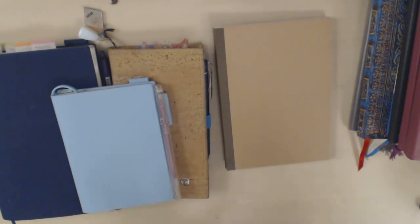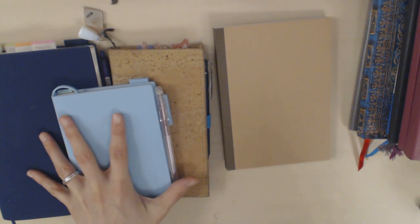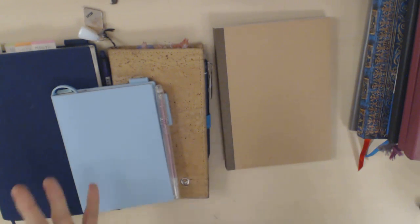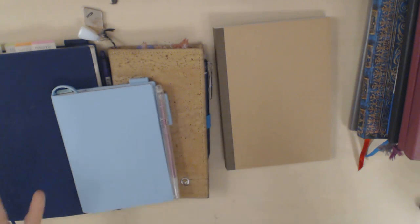And then you get this group, which is Hobonichi plus Muji. And I'd say, I love all of these. I think Hobonichi is just my favorite type of planner, no contest. I just think all of the design elements are right. Nothing that I don't like. I really like the paper quality, the gridded paper, the fact that it's so thin that you can get so much in it. Muji, I think, is a good option if you like the design,